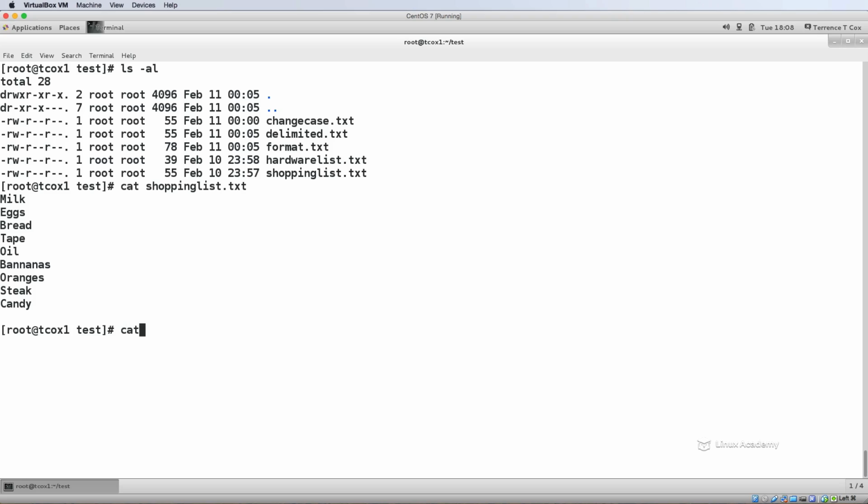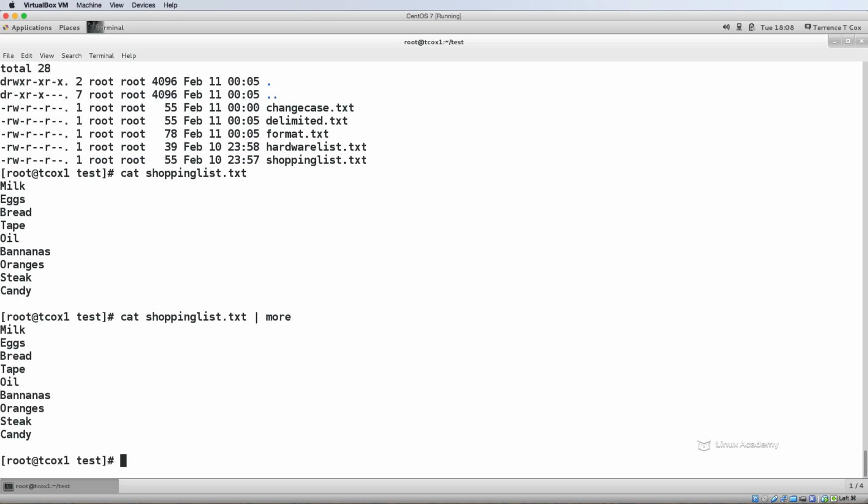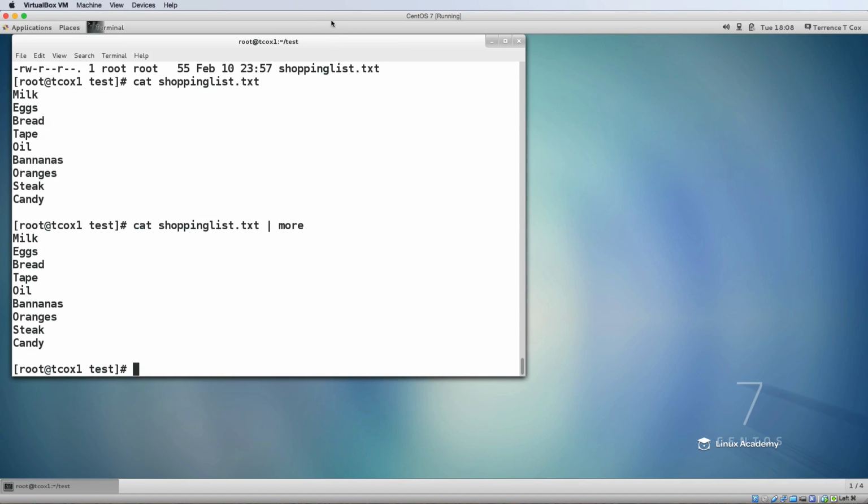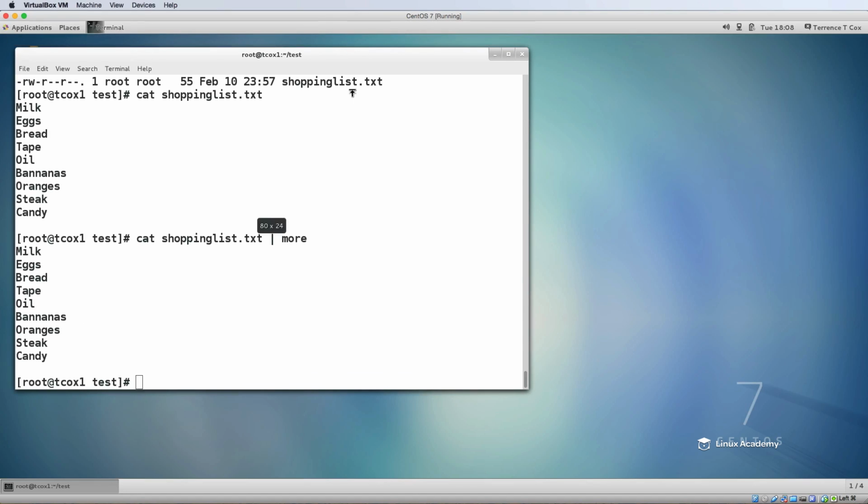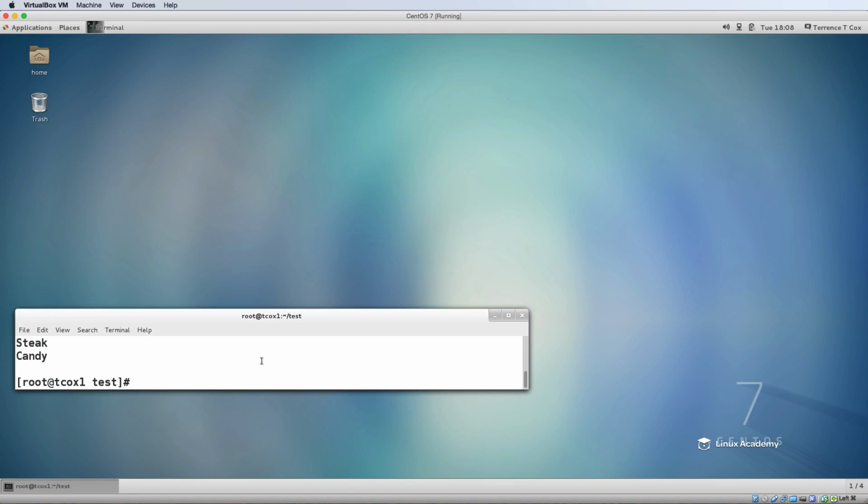If we were using cat on the shopping list, we could pipe that to more, which would pause the screen if it overran our terminal. Let's take our terminal and shrink it down so that we've only got a couple of lines. Now if we repeat that command, cat the shopping list piped to more,